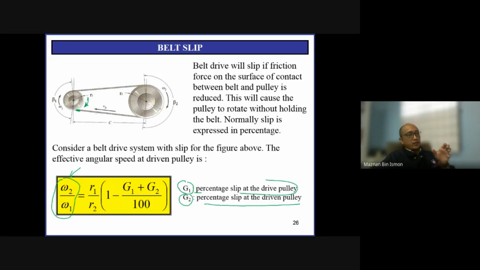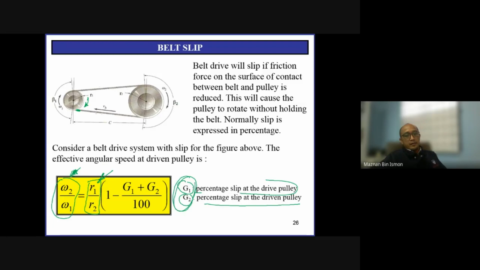Real velocity ratio. Whereas R1 over R2 is the theoretical. Since this is the theoretical and omega is the real velocity ratio, you need to multiply it by the percentage